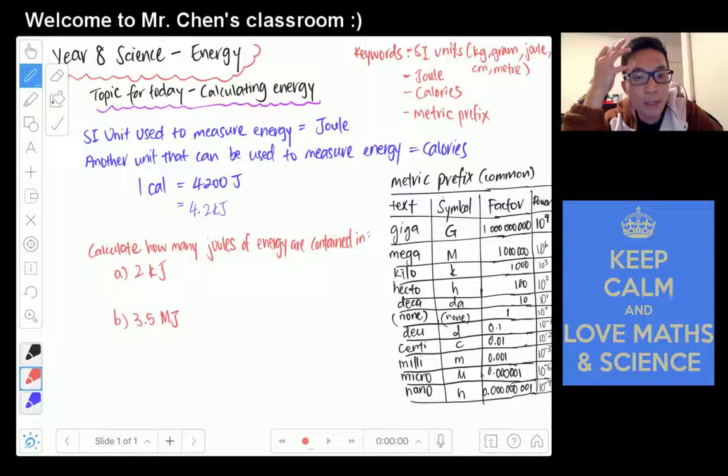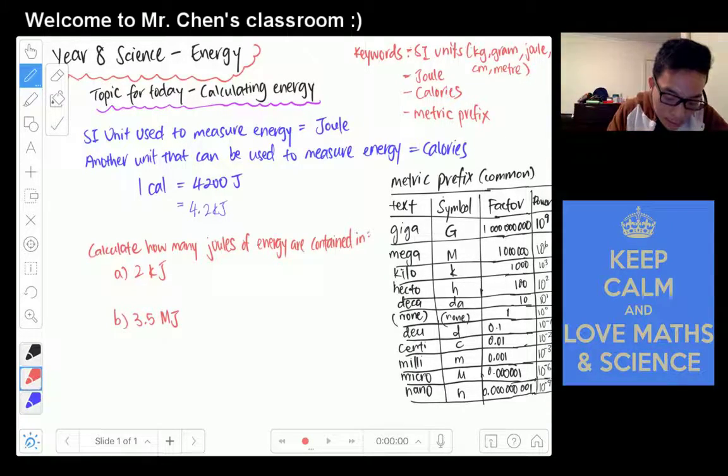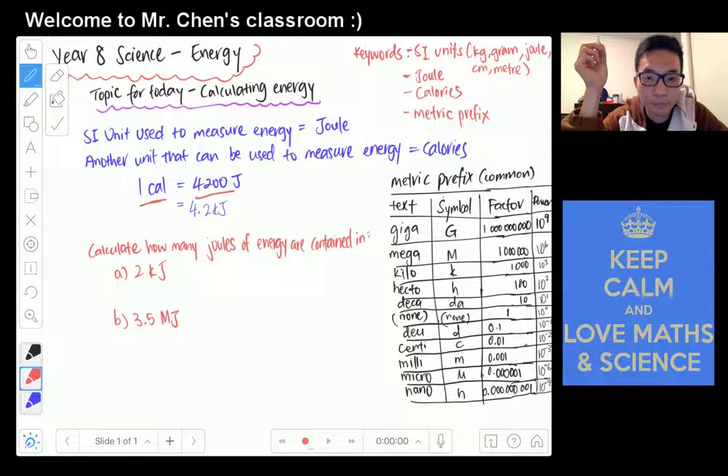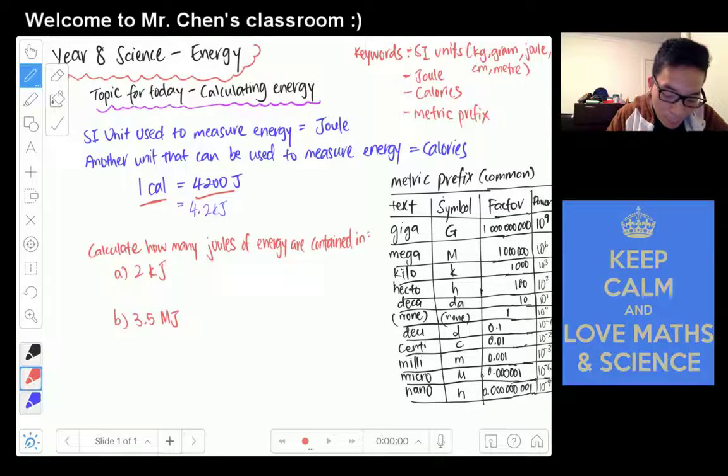So for example, to begin with, the SI unit used to measure energy is joule. I went through this during our lesson, and I hope you remember. Another unit that we can use to measure energy is calories, and 1 calorie is equal to 4,200 joules. If you're going to convert that to kilojoules, it will be 4.2 kilojoules, because what happened is you are